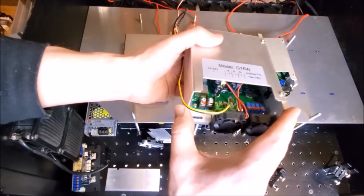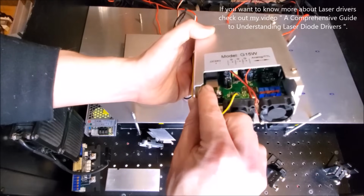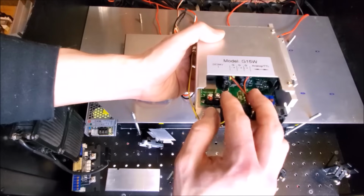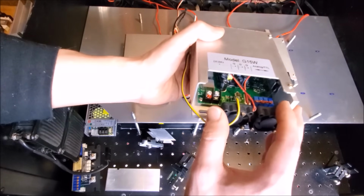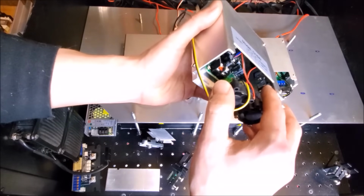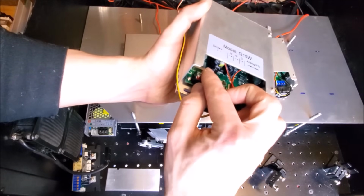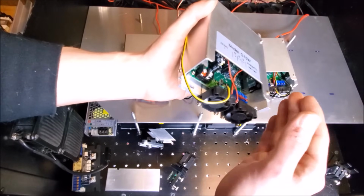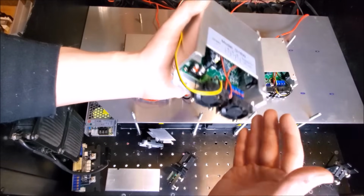laser drivers have transistors that operate in a linear range. What I mean by that is we got DC to DC converters over here, and those step down the voltage from 12 volts to the voltage and the current that the laser diodes need to operate. Now we adjust the brightness of the laser diode outputs by these transistors here on the side, and as I said, they operate linearly. So when you want the full power from the DC to DC converters, you want the transistors to be as conductive as possible, and they don't get very hot because they're not dropping a lot of voltage. Current times not a lot of voltage equals not a lot of wattage, not a lot of heat to